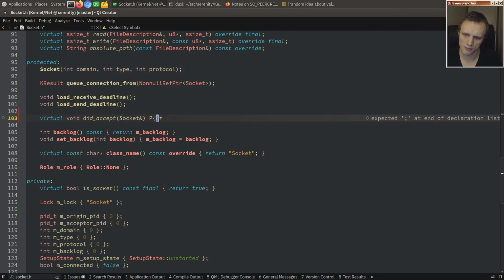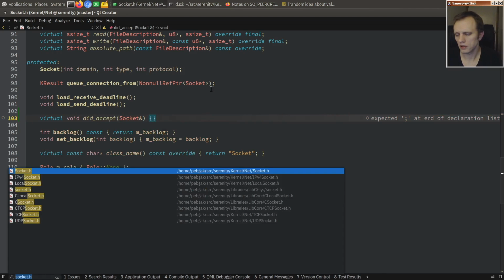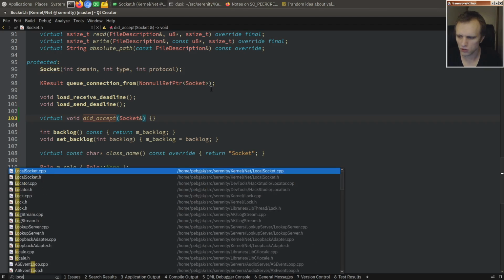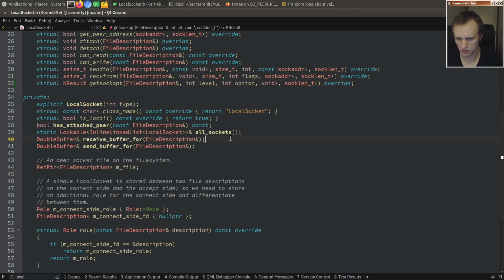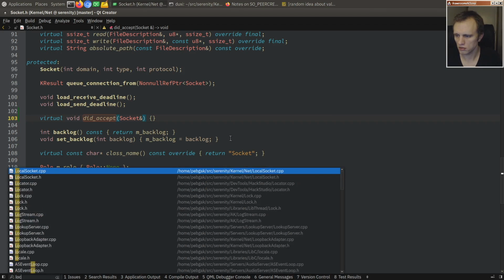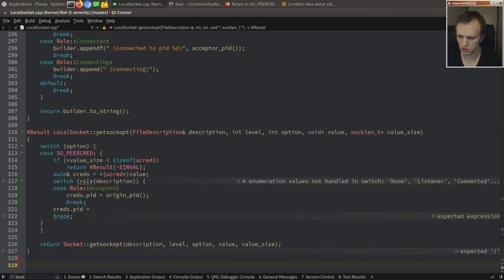That's the client. And then in local socket, we can override this privately. Did accept local socket, and here we'll just